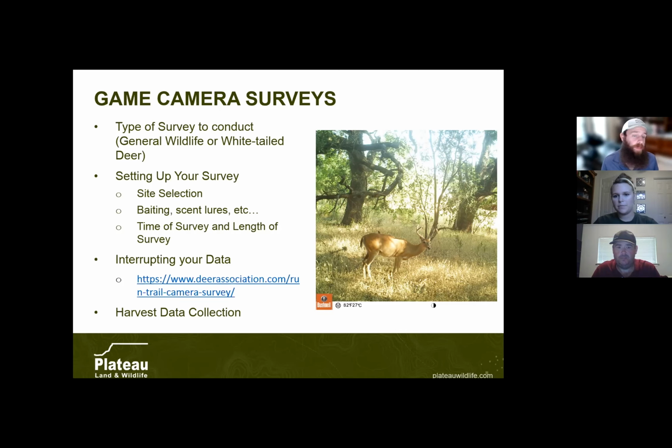But that could be some useful tools, seeing what a feral hog population on your property might look like, knowing where they're going to, knowing when they're moving throughout your property, can be really useful for helping set up predator control activities. So having that data kind of in your playbook whenever you're looking at maybe predator control activities is important,